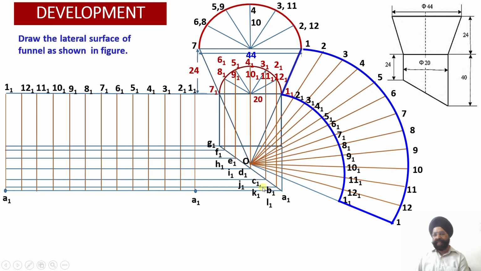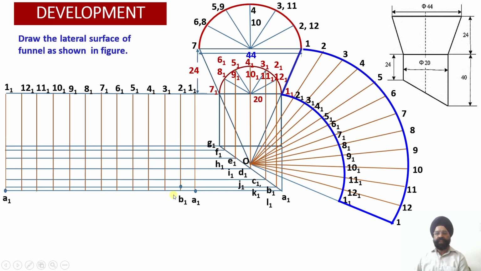Now this is my second projection line, and onto this projection line which points will be lying? 2 and 12. So 2 and 12 means B and L will be lying. So B1 and L1 will be lying at 2-1 and 12-1. You see, this is the vertical generator through 2-1 and this is the horizontal generator through B1 and L1. Wherever they meet, B1 will be located here, L1 will be located here.